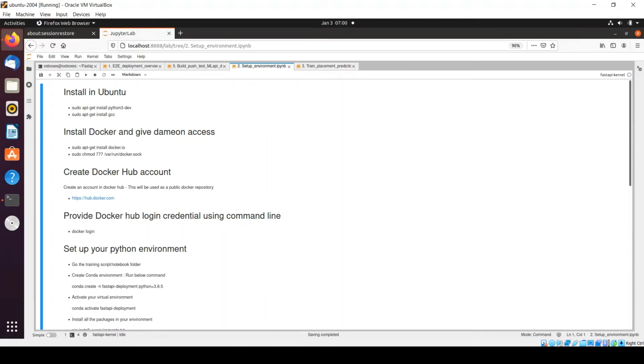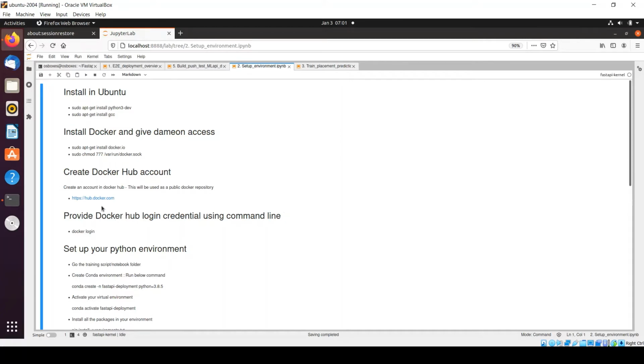Next, we need to set up a Docker registry. And in this demo, I will be using Docker Hub as a public repository where I will be pushing all my Docker images. In order to access Docker Hub, you first need to create a Docker Hub account. Then in the next step, we will configure those Docker Hub credentials within our environment so that I will be able to push and pull all those Docker images from the Docker Hub registry.